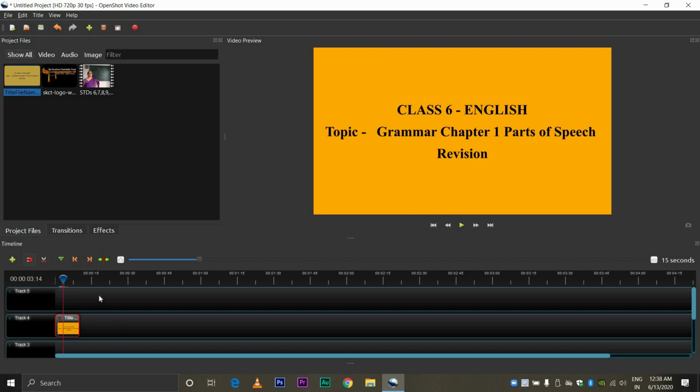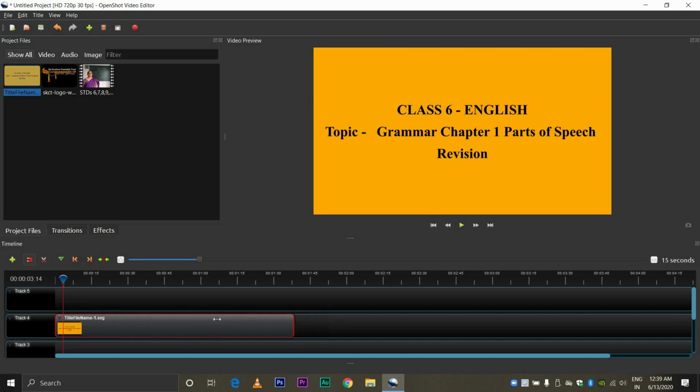Now I should take my cursor to the end of this title region, and I'll see how the cursor, normally it looks like this, you can see it's an arrow type thing. As I get it towards the edge of the title, it becomes like a two-sided arrow. Then I click on it and I can shorten it. See, so it's very simple. So if you wanted this to elongate, just have to hold and elongate it.